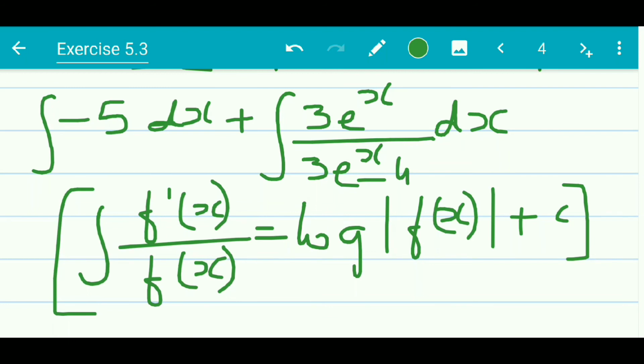So if you can understand this formula and if you can keep it in mind, then you can directly write the formula over here and get the answer in one step. However, if you cannot remember the formula, you can of course use the substitution method also over here. So in this sum, I am going to use this formula, which is going to give me the same answer basically.